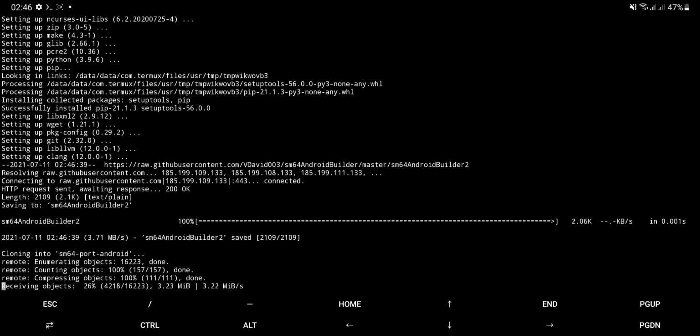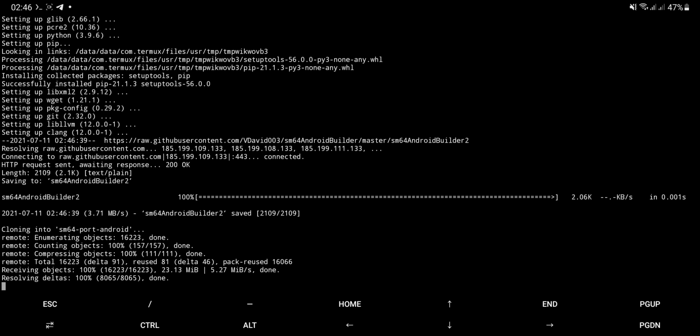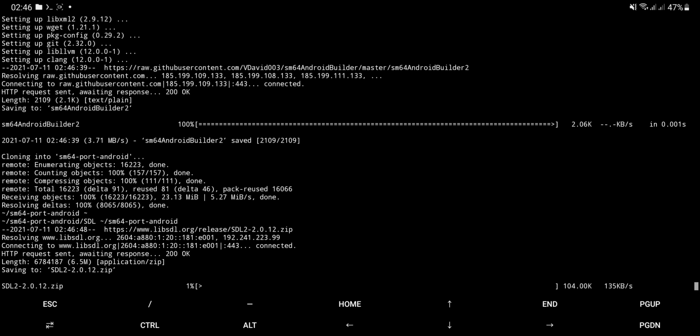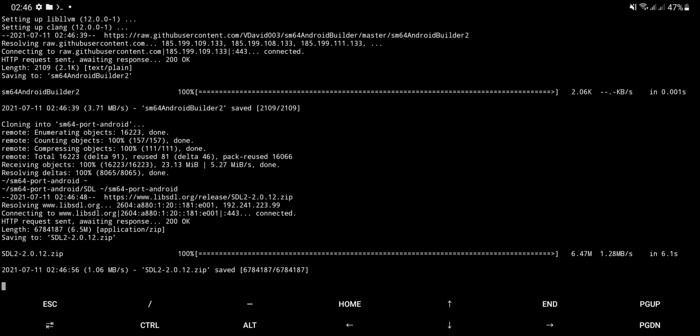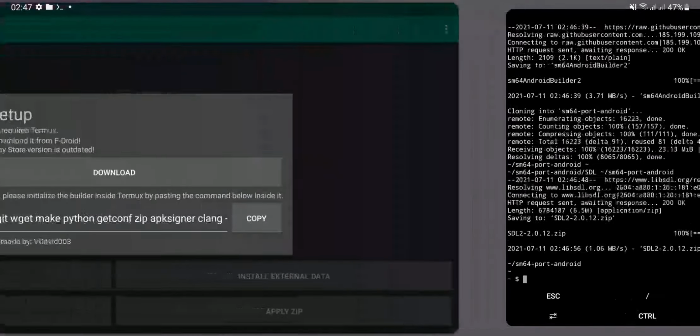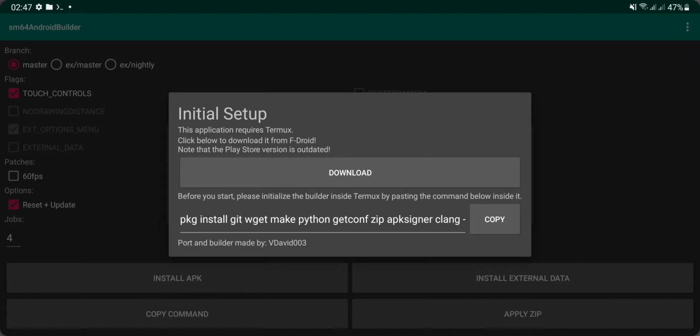Okay, it's almost done. It's just git cloning the repo and downloading SDL2. And it's done. So now we can go back to the Android builder